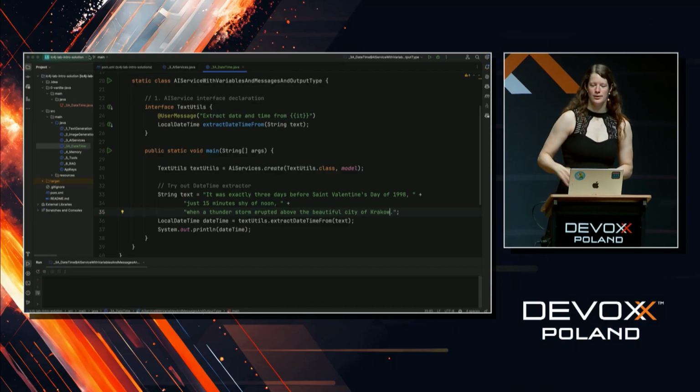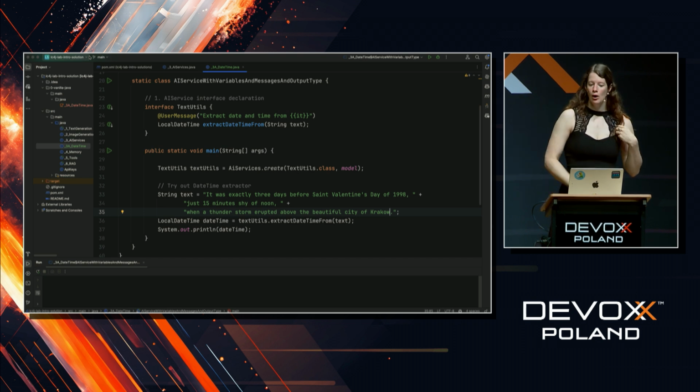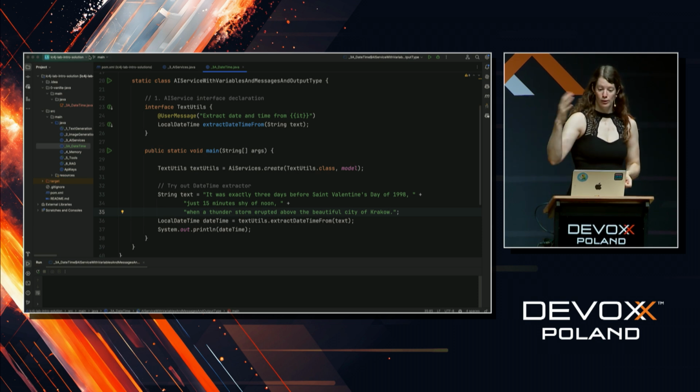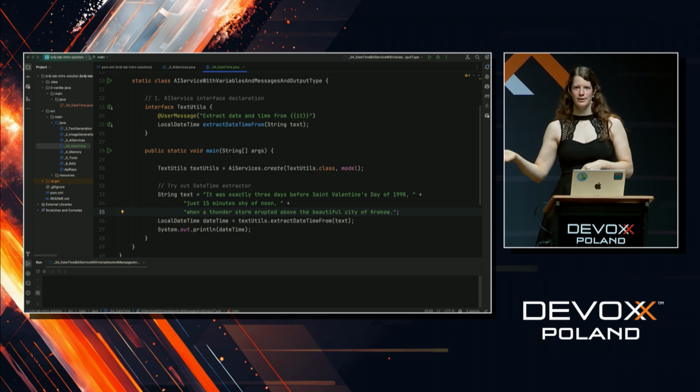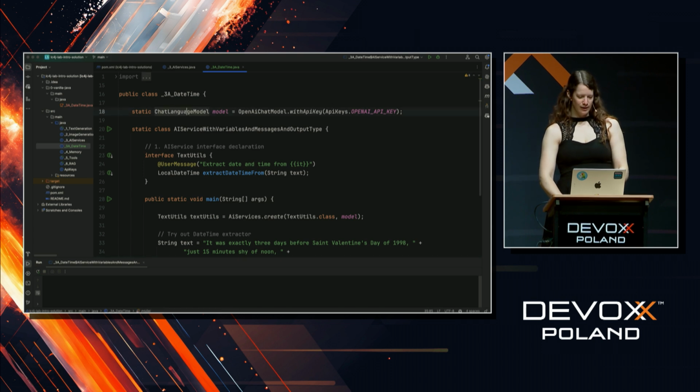LangChain4j is a framework to connect to LLMs, mainly straight from Java. It makes it really easy so you can connect to multiple providers, be it OpenAI, the ones behind ChatGPT, or Anthropic, or Azure, or the AWS models in Bedrock, or also local models, or things you run on Hugging Face, where you can even train your own models. That's just super easy, interchangeable with LangChain4j. So in this little example, we're going to first create a connection to a chat language model, in this case an OpenAI chat model. And all we have to set here is our key, because in order to use their API, we need a key.